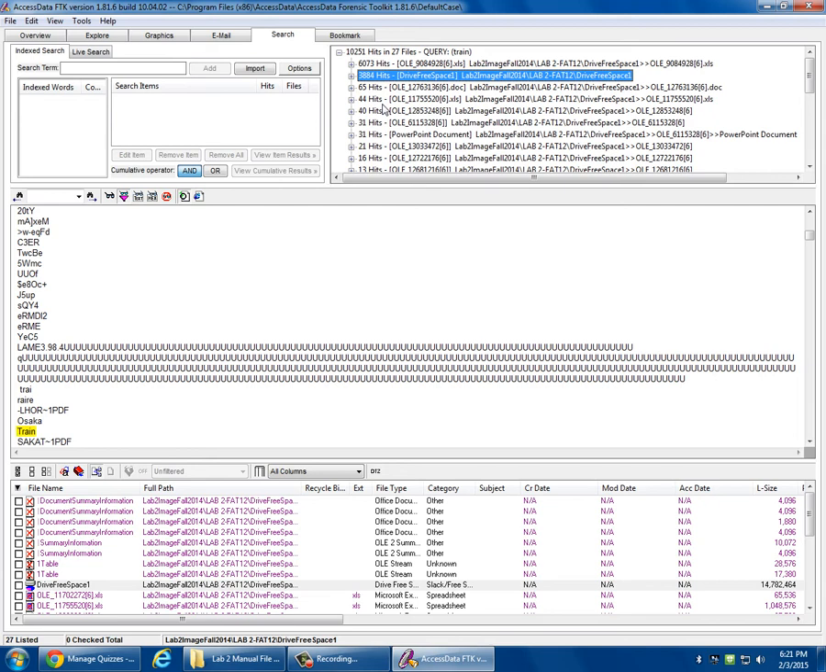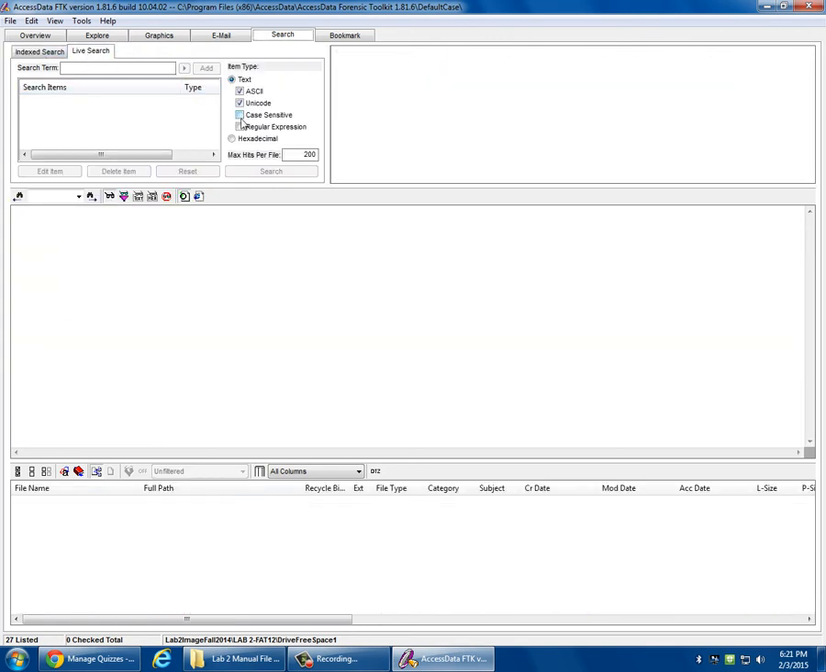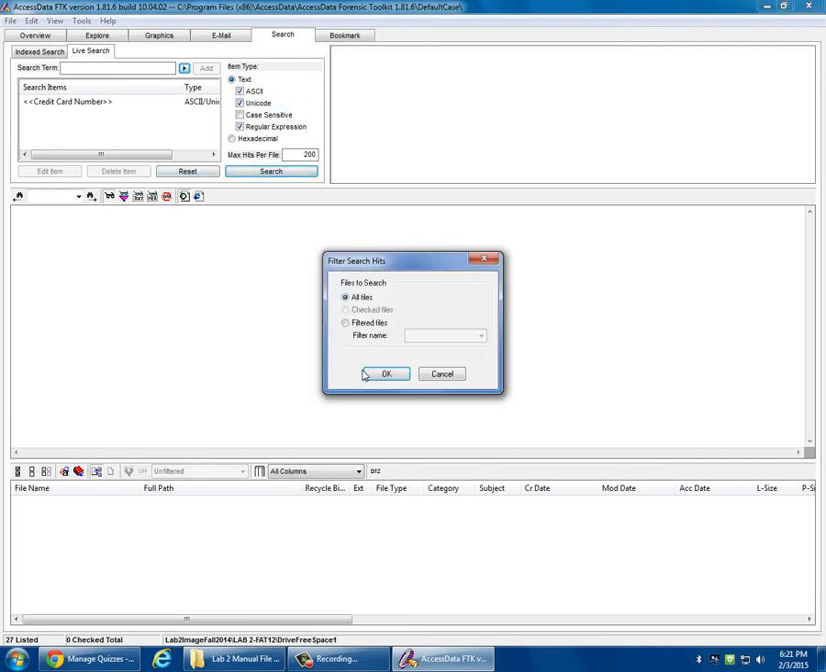But there's also live search. Live is actually querying the data. You can tell it to look for regular expressions and other stuff. Like in here I could say, let's see what I want to do. Let's do a regular expression for credit card numbers. And we're going to say search all files,